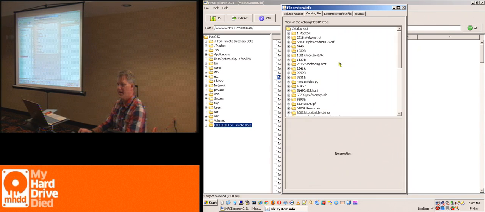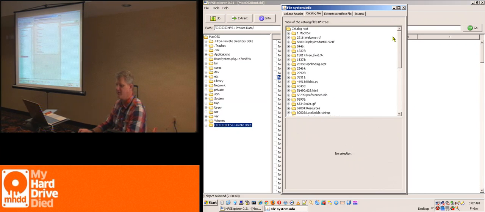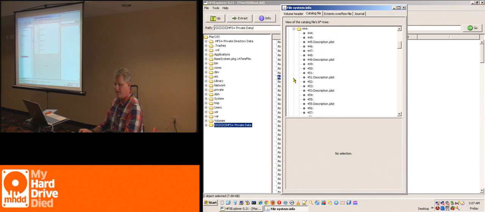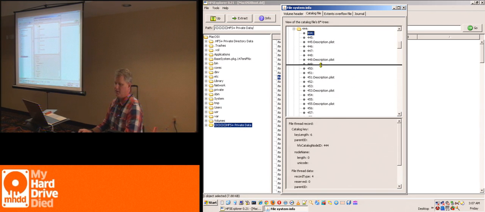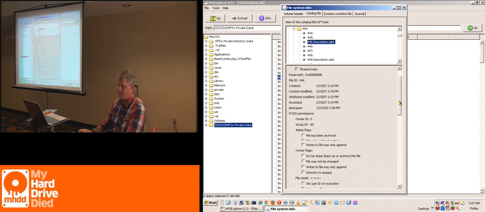The biggest one is the catalog file. So the catalog file, you'll see the breakdown of it. As it starts to install, your lowest number should be Mac OS X. And then from there, as it continues, all the items as they're installed will continue building trees. So these are the branches of the trees that are leveled. If you go into each one of these, you can see each item and the numeric values that are associated with that content. You can break them all the way down to what they belong to. And so you can go look at any file, look at any content. These would be the pieces that are inside of the packages for apps and things like that. And if you look, you'll see it keeps track of everything. File lock, thread existing,